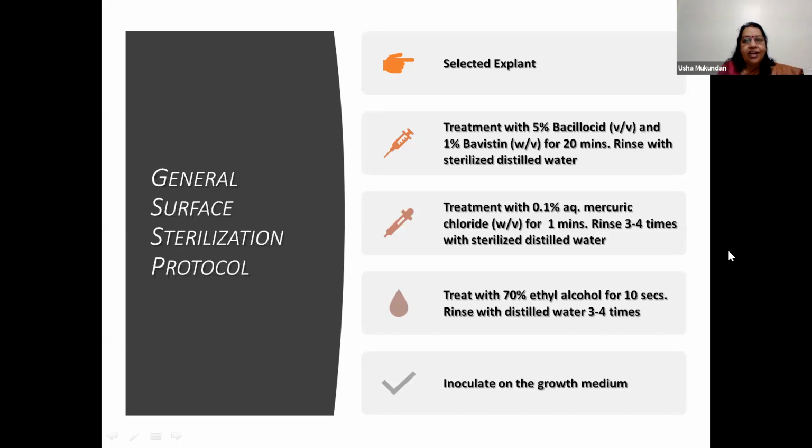So vegetative cells are killed because chlorine affects the sulfhydryl group on the amino acid and breaks the disulfide bridges, due to which the enzymes containing these amino acids are denatured. Is that clear? Now, when you are using a bacillocide, and Bavistin is an antifungal agent, again, the effect is the same. They bring about interference with the cellular proteins, and as a result, the metabolism is hampered.